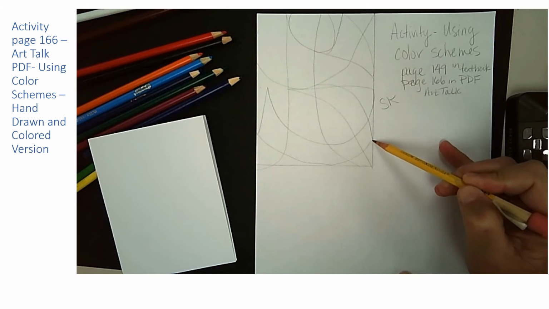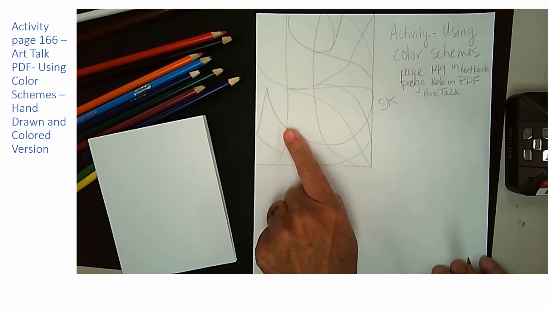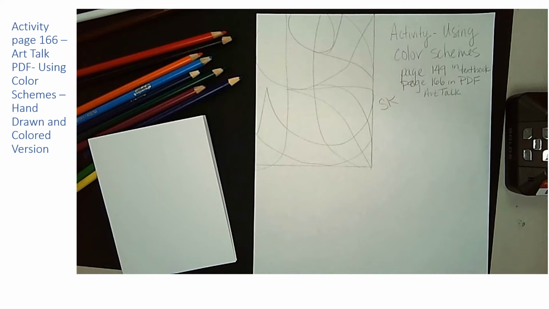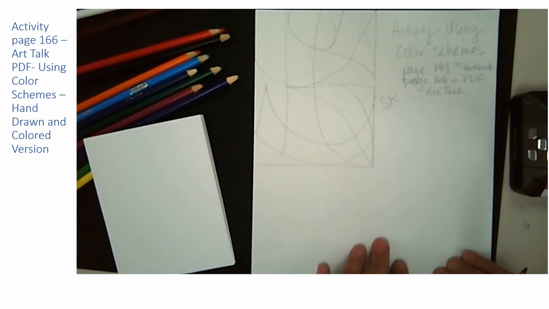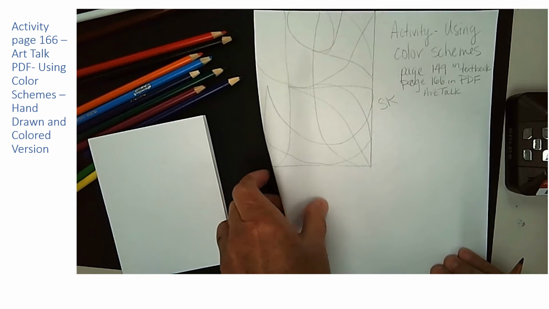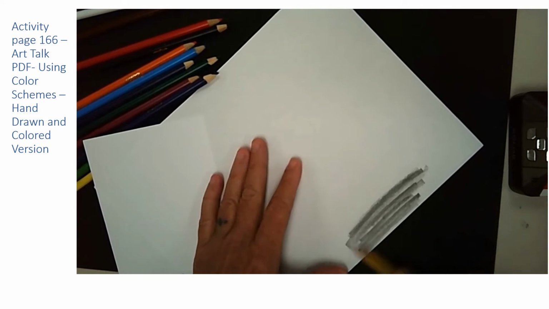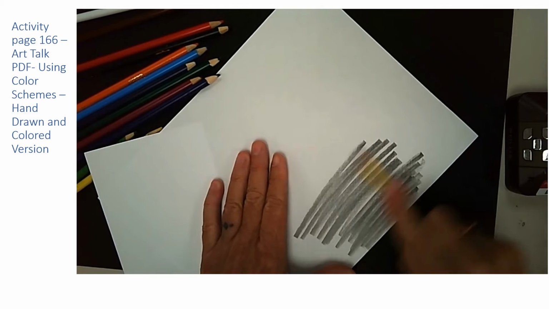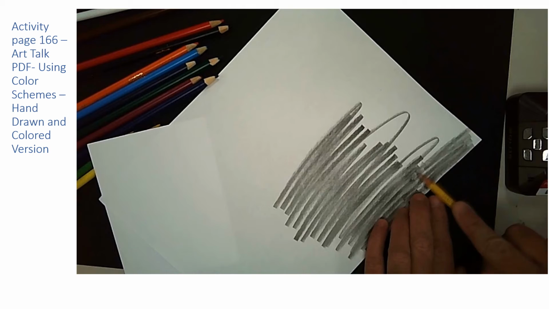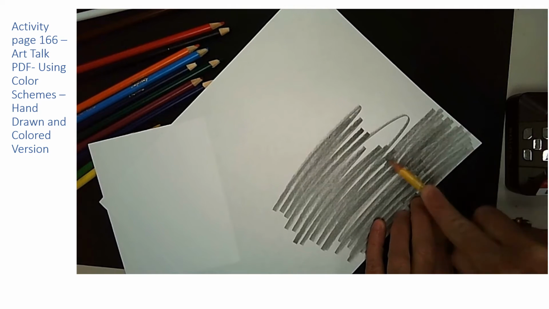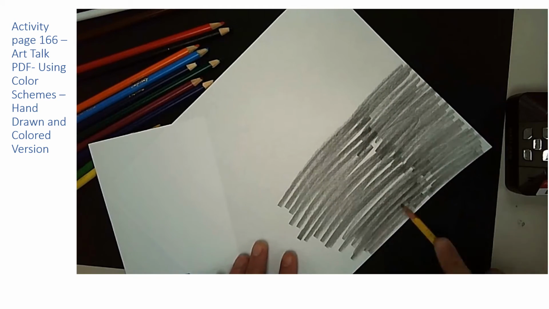And so now, just using my initials, I have created all these really nice little shapes inside that rectangle. What we're going to do, when you choose a design, if you do more than one, you're going to flip this over and you're going to graphite the back of it with your pencil, like so. And this is called a graphite transfer. We've done it a couple of times in class if you've been in here. And it's just a way to repeat this design over and over again without having to redraw it freehand every